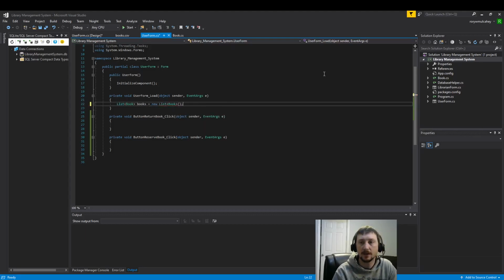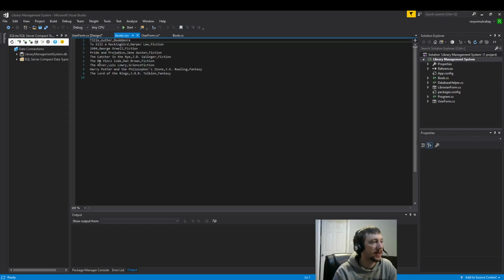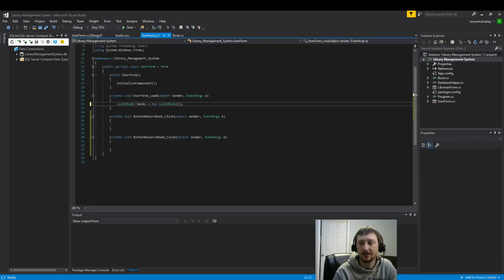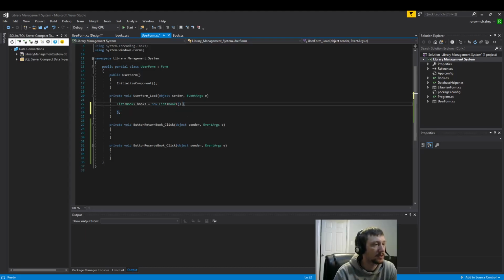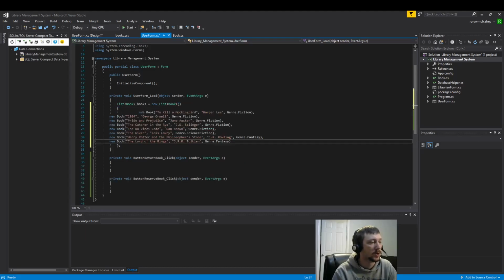There we go. And now we're going to use this data that we have from our CSV file here. I am not going to write out all that code. I am going to grab the code I have written already, and we're going to populate this book's